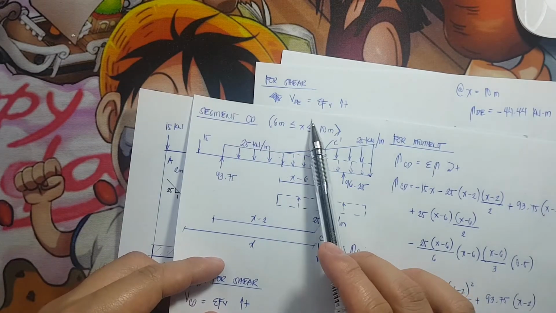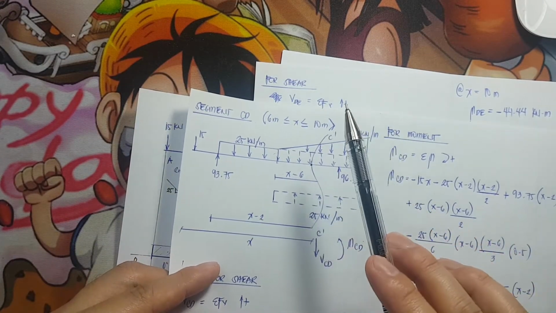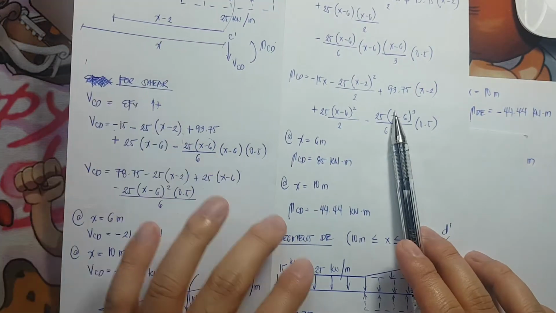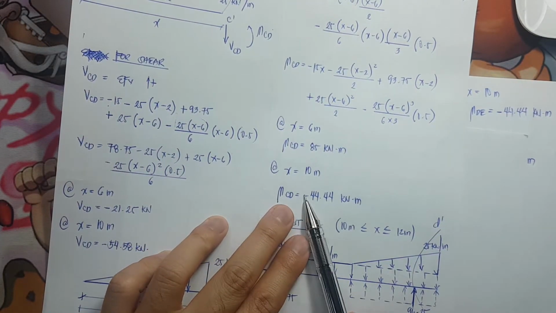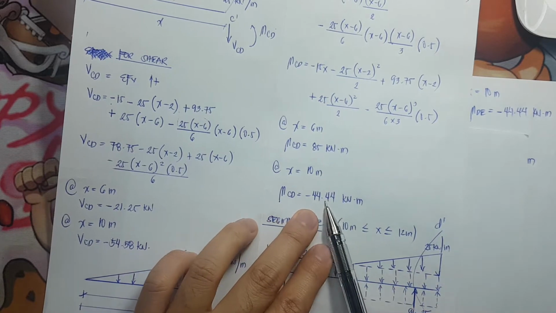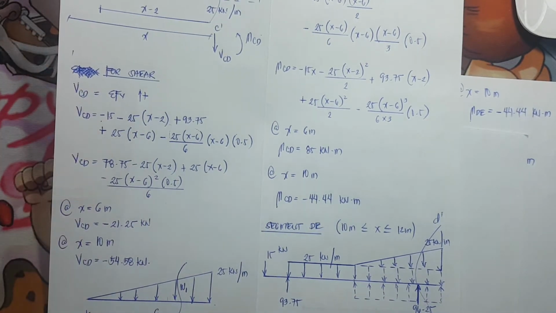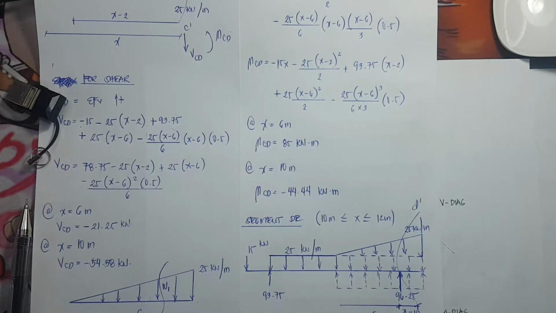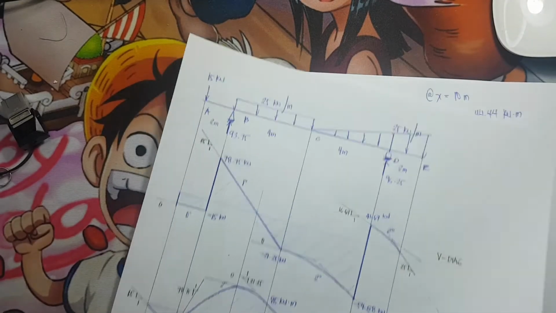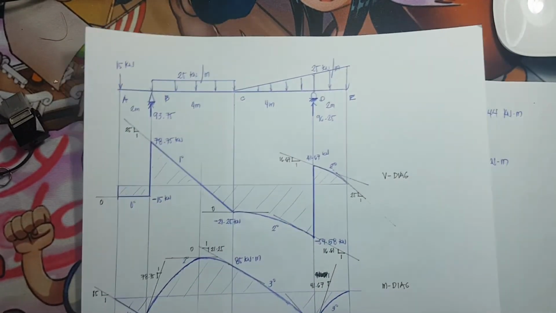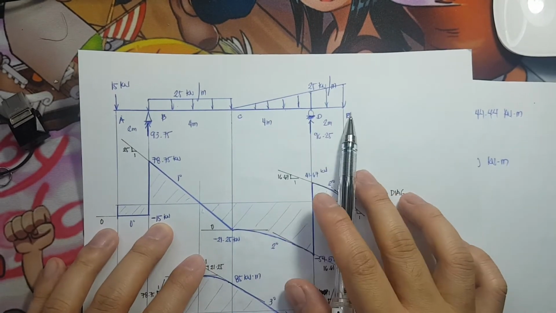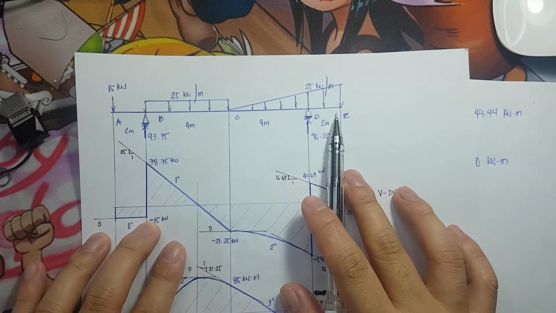Now, at x is equivalent to 10 meters, substitute the value of 10 meter to your equation. Therefore, the moment CD at 10 meter is negative 44.44 kilonewton meter. Last segment would be segment DE. Okay, so segment DE. I'll be analyzing segment DE, but I will still include